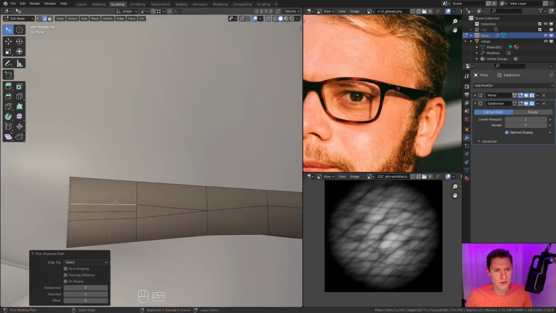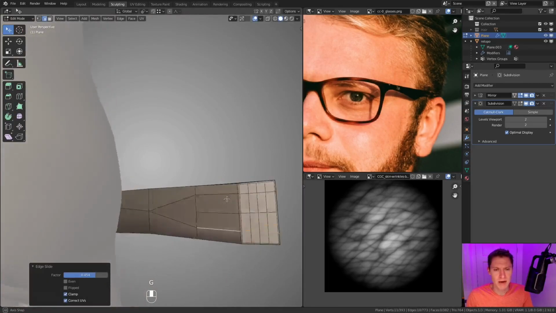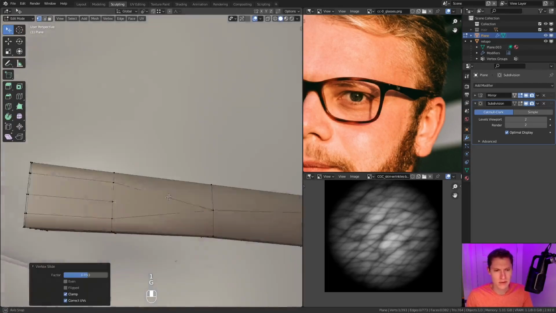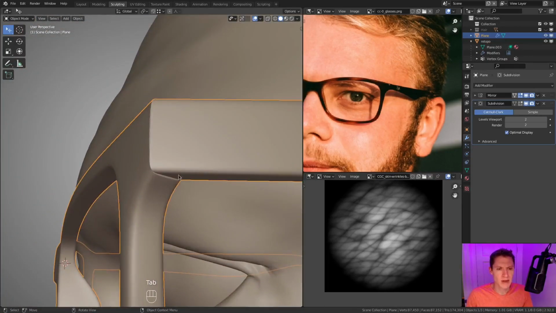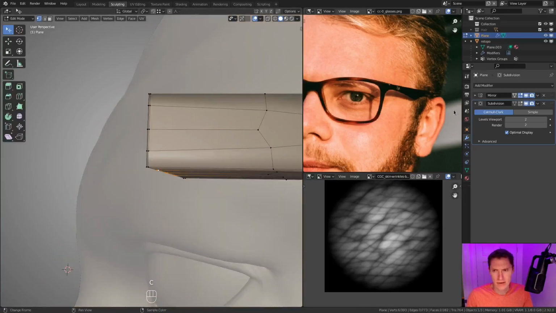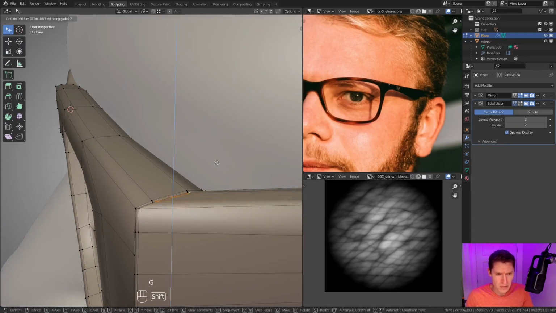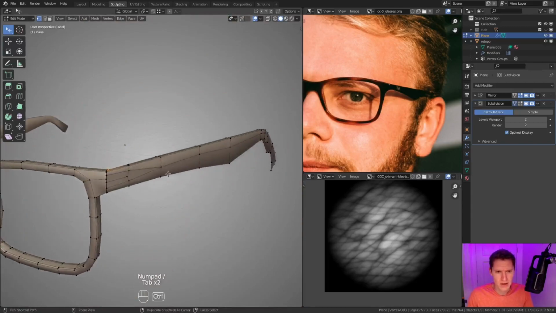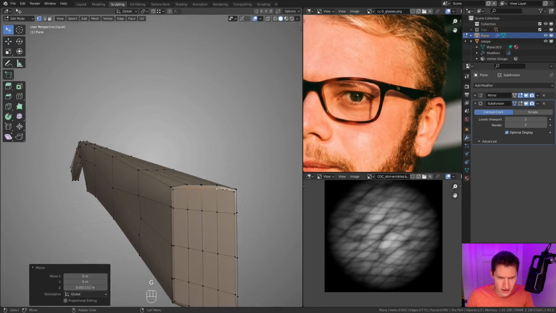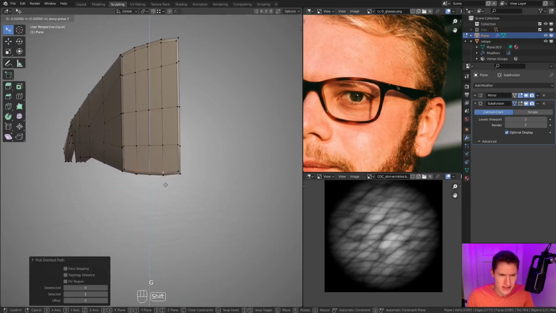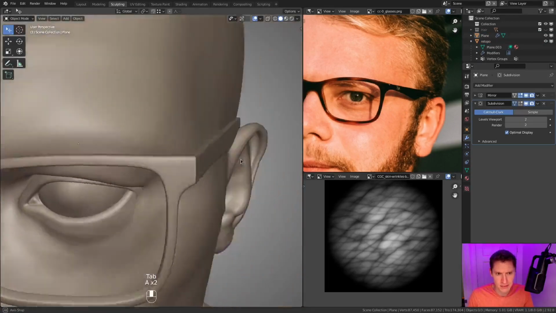Okay, so now with this extra geometry, we can move them up and down to define those edges a bit better. I want to make it gradual. Yeah, and that's making the profiles match much better. I think I probably messed that up a little bit. Yeah, I took those edges up, but didn't take their interior holding edge with them. All right, Alt H. Now that should match basically perfectly.